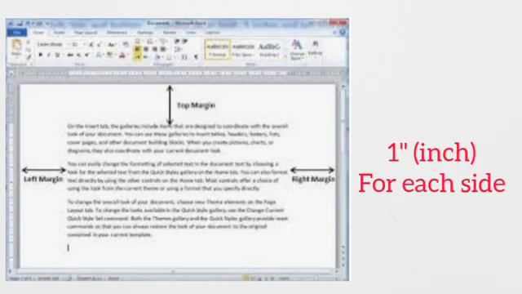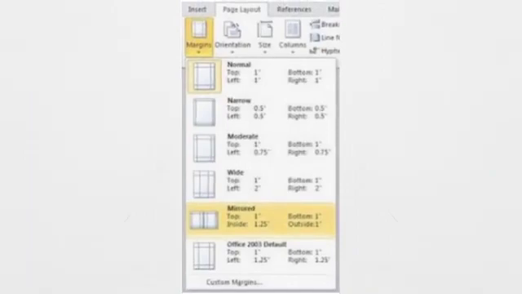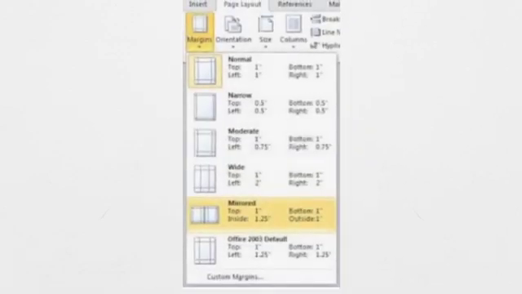So what you have to do is simply go to the Page Layout tab of Microsoft Word. There you will find a group called Page Setup. Click on Page Layout and Page Setup, and there you will find the Margin option. Click on Margin and a drop down menu will open. In the drop down menu some standard margins are displayed, like Narrow, Normal, Wide, Mirrored. Different types of ready-made margins are provided by Microsoft Word. You can choose any of them to apply to your page.